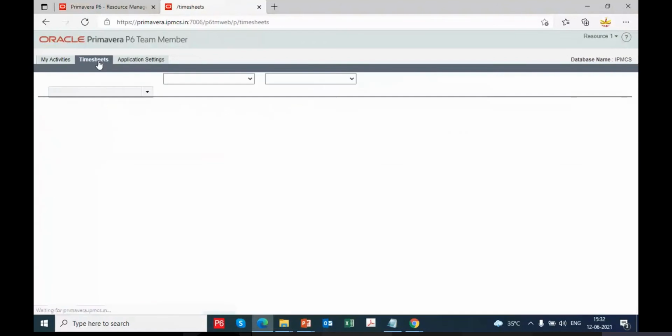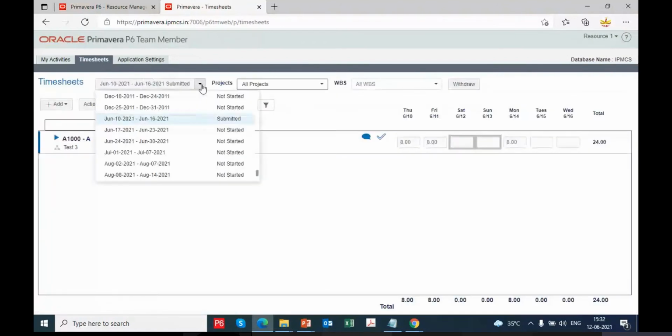In the timesheets page also it will be displayed. You can select the required time periods.